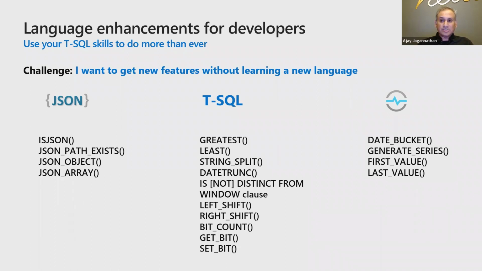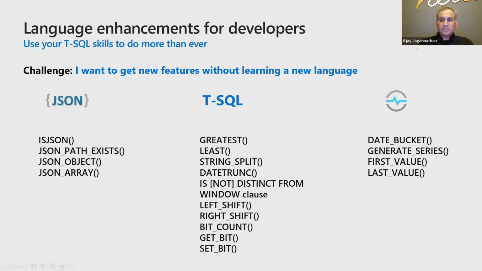The next category of features is the T-SQL functions. Several of these functions are manipulating string functions, window functions, etc. And a lot of customers have given feedback through user voice, through community, or even sometimes direct asks. And some of the most popular and highly voted items that you see here are listed in the T-SQL bucket of features.